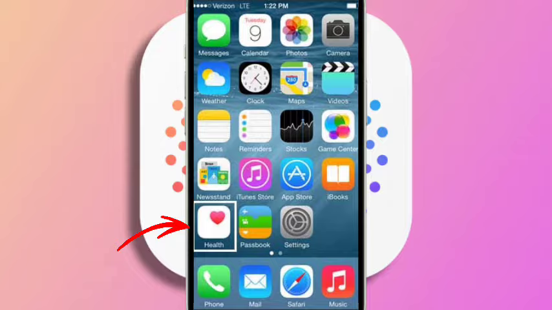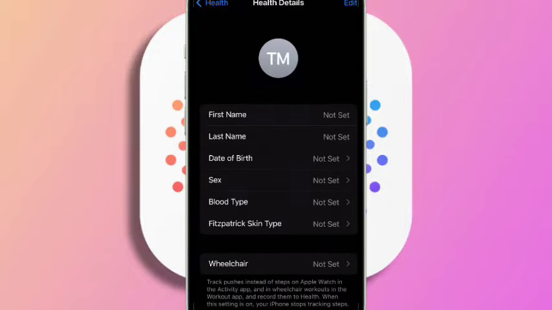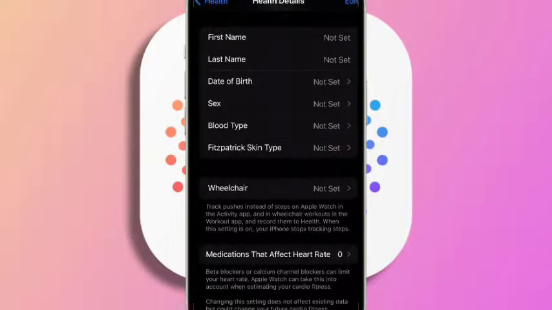Now open the Health app and tap the Summary tab. Select your medical ID. This confirms your emergency contacts and medical data are still accessible from the lock screen, preserving